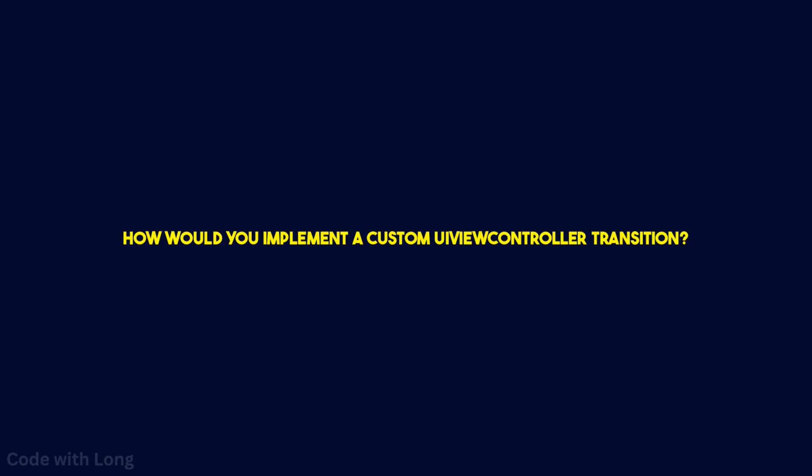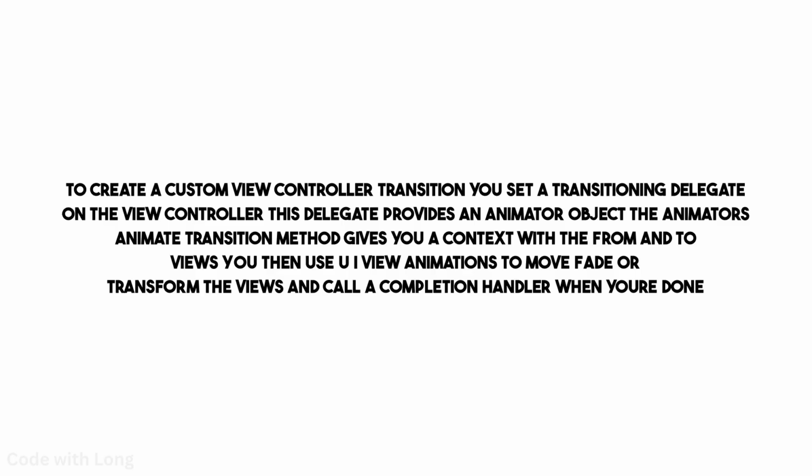How would you implement a custom UIViewController transition? To create a custom view controller transition, you set a transitioning delegate on the view controller. This delegate provides an animator object. The animator's animateTransition method gives you a context with the from and to views. You then use UIView animations to move, fade, or transform the views and call a completion handler when you're